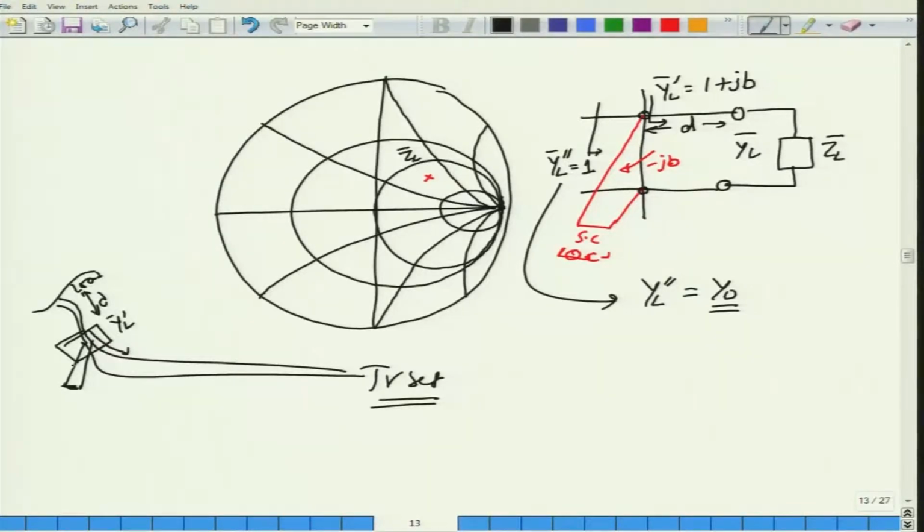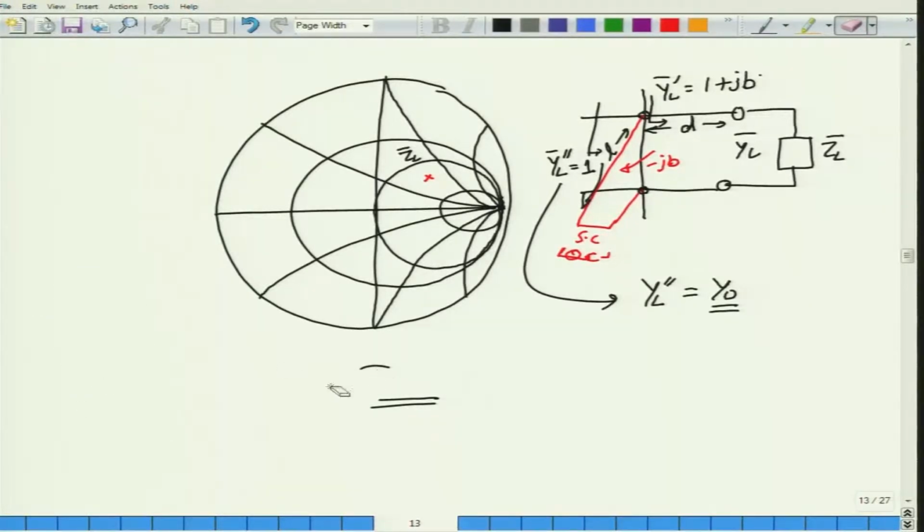Then if I adjust the length of this one, there are adjustable shorts available, that is why you normally see this one with the short circuited stubs. So this adjusted stub short will give you a length, let us say the length of the stub is about L. That L should be chosen such that you get an admittance of minus jB. If B happens to be positive here, then you need a minus jB. If B happens to be negative, then you need a plus jB, okay. Let us see how this entire thing works.